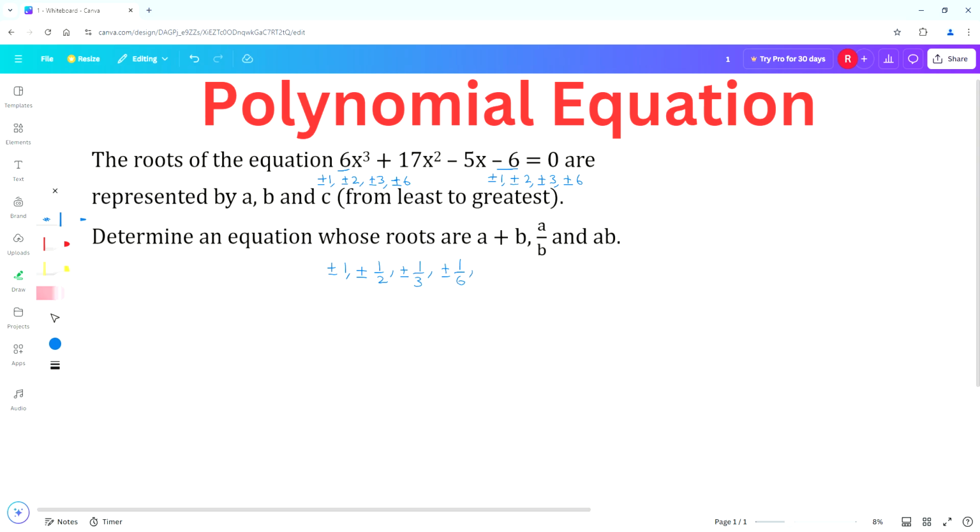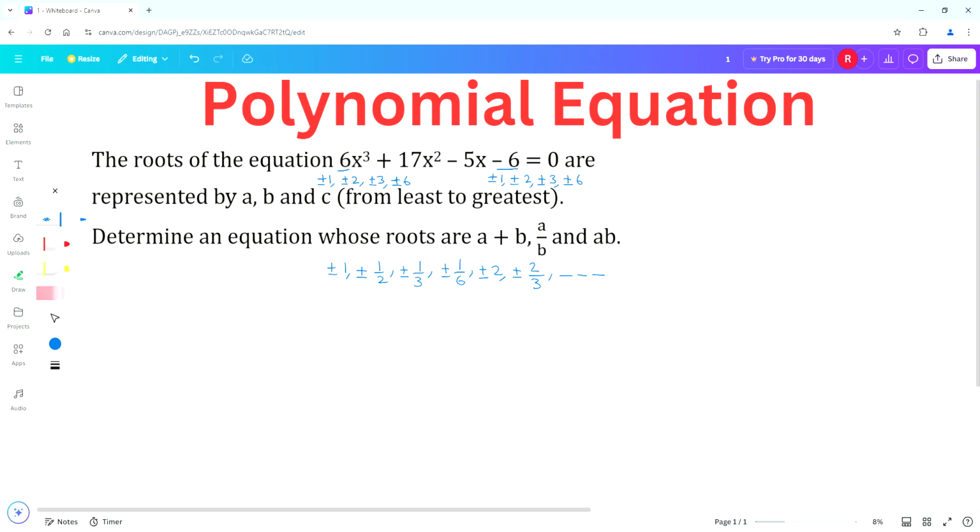The second factor of the number term is 2. 2 divided by 1 is equal to 2. 2 over 2 is equal to 1. We already have 1 in our list. Next, we should do 2 over 3. Next one is 2 over 6, which can be reduced to 1 over 3. We already have that in our list. So that's how we can continue to find more possible x values for which the value of the given polynomial